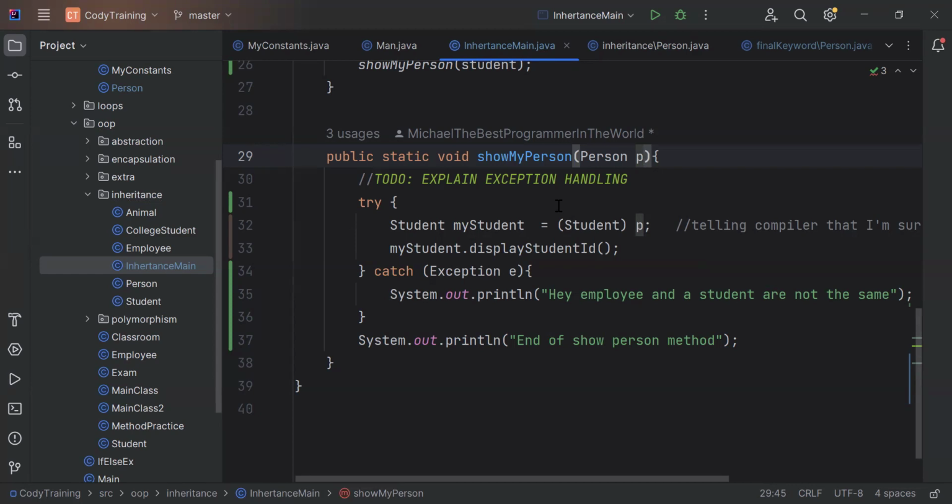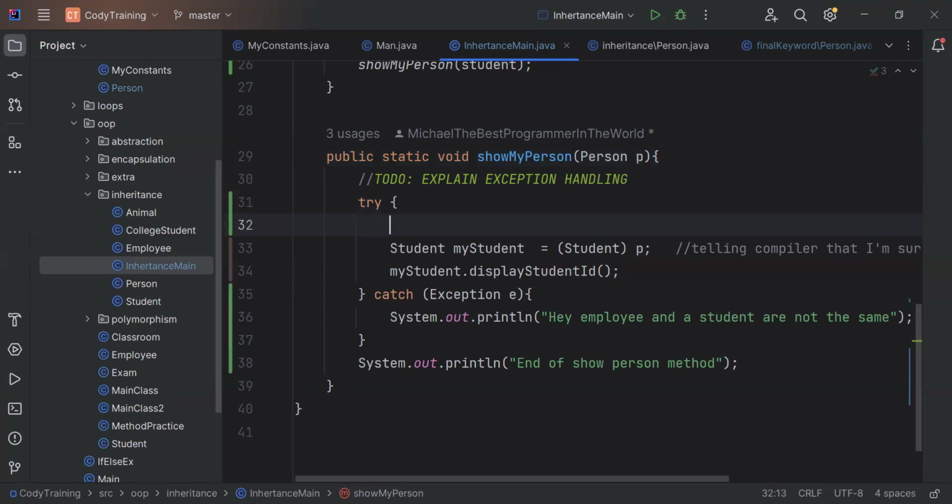Exception is unexpected problems that happen in runtime while your program is already running and interacting with the user. This exception will cause your program to suddenly terminate, and it will give unexpected behavior to the user. How to solve this? It's by exception handling. How to handle an exception? It's using try and catch block. In the try block, you put the code that you are suspicious about, that may cause an exception. I write it here